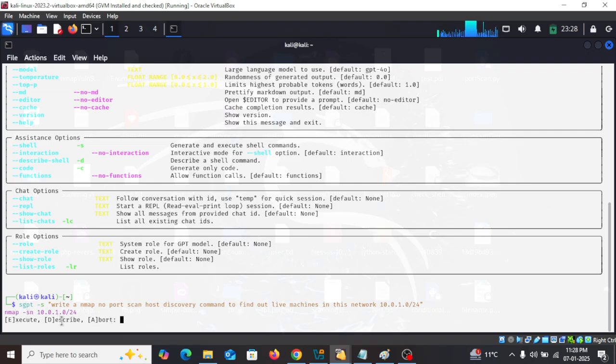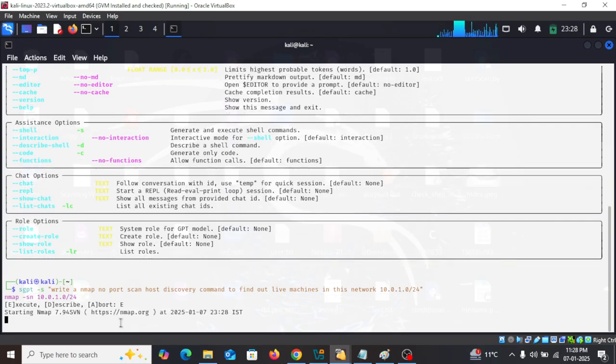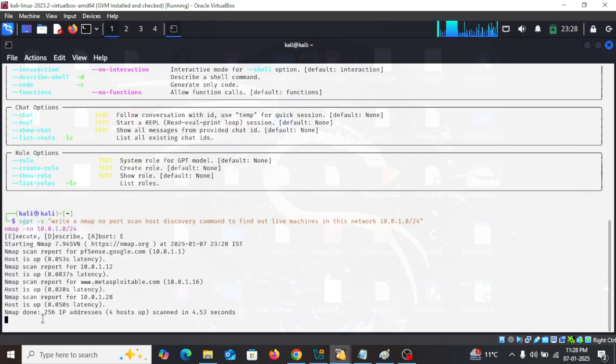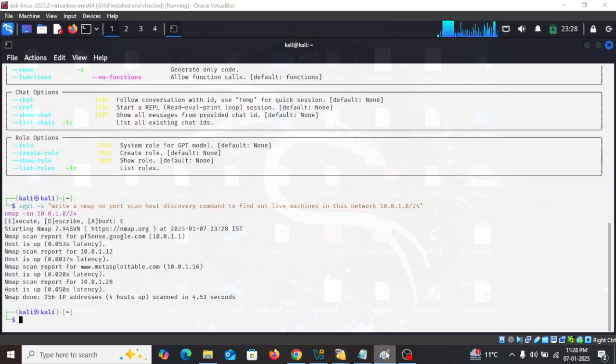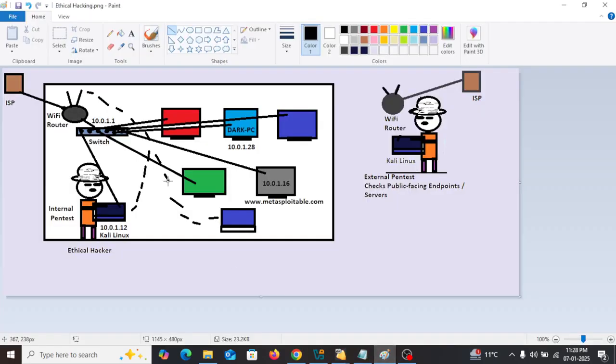So I can abort, describe, or execute. Let's execute this command. I will type E and press enter, and it is automatically starting Nmap, guys. We can see the live hosts, and this is my default gateway, 10.0.1.1. So I was able to find out my default gateway in this network, 10.0.1.1,